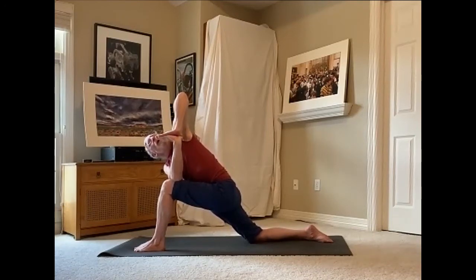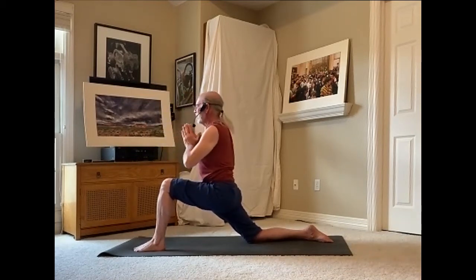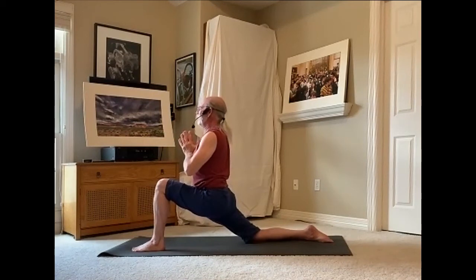Reach the left elbow high. Head is reaching forward, but staying in a neutral position. One more breath. Good, now keep the hands together as you come back to center, press into that left foot,